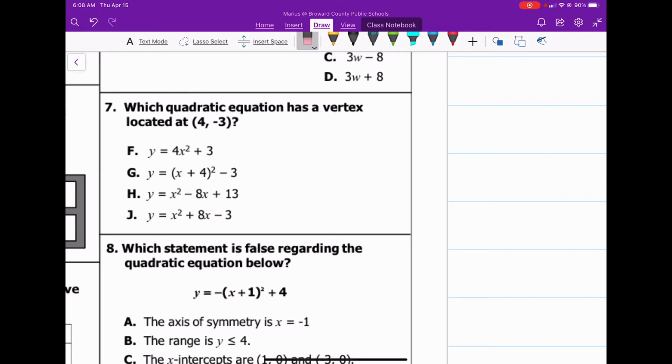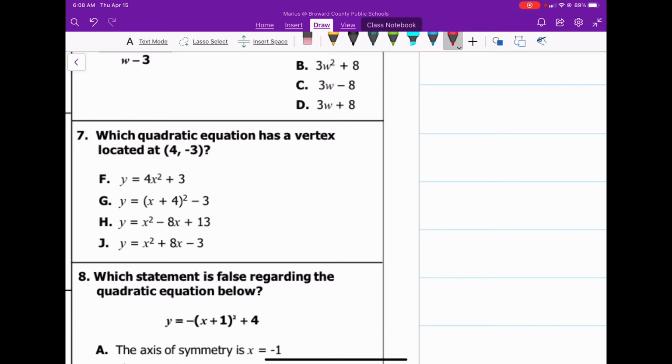Most of the time, whenever they ask you a question involving an equation, whether it's linear, quadratic, some type of function, and they're asking you about a point associated with that function, one of the things that you want to do is label your ordered pair with x and y, and then we can simply do an input-output. We will plug in 4 for x and see if we get negative 3 for our answer for any one